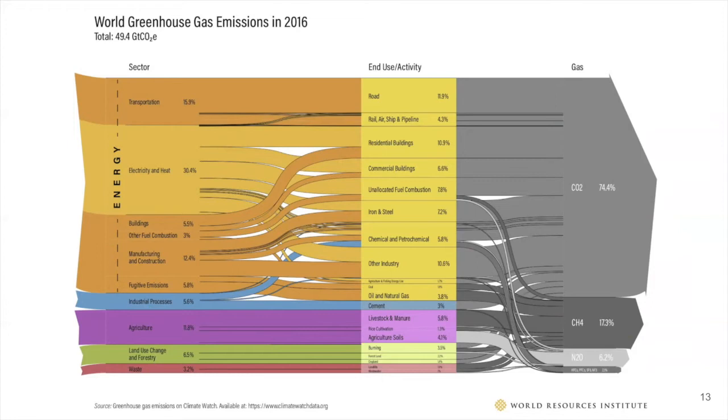For those who have been following the workshop this whole week, you'll notice that some of these sectors are the foci of different days that we've held this week. The second column is broken down further by the end user activity, the way in which emissions arise from different activities that we do in these various sectors. For example, road transportation, or using energy or electricity in residential buildings, or things like producing soils for agriculture. So that's what the second column shows.